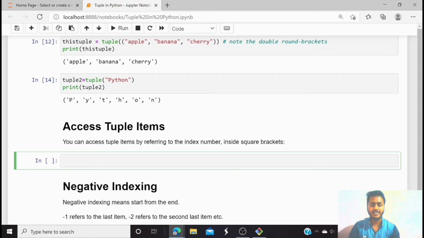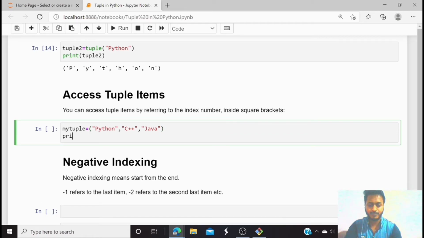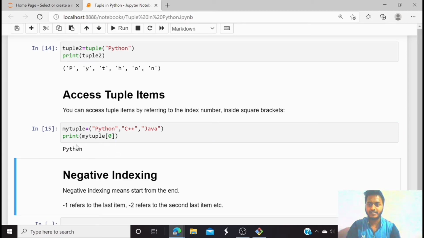So let's see how we can access tuple items. In the list we had seen how we can access the elements. In the same way we can access the elements from the tuple. Suppose I have a tuple, my tuple, and inside that Python, C++ and Java. If I want to print the element at the 0th position, here you can see at the 0 position Python is stored.